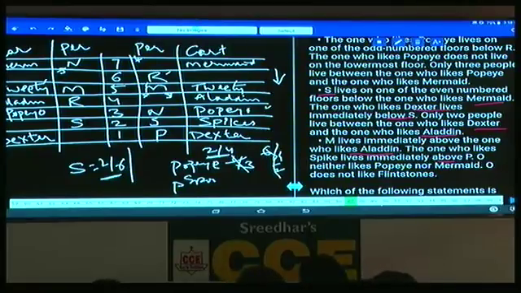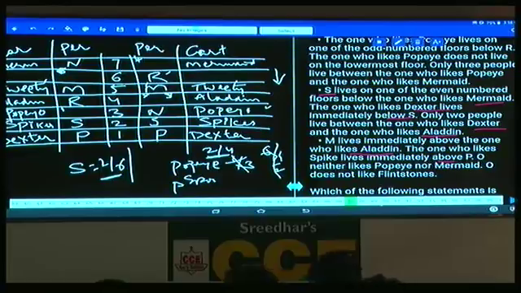M must be here. If M is here and P cannot be here, if P is here, then Spikes must be on the 7th floor, not possible. And P cannot be here as well. If P is on the 3rd floor, Spikes must be on the 4th floor. And here again, P is here and Spikes must be here. Now if you observe here, both the possibilities are continuing till the end, isn't it?